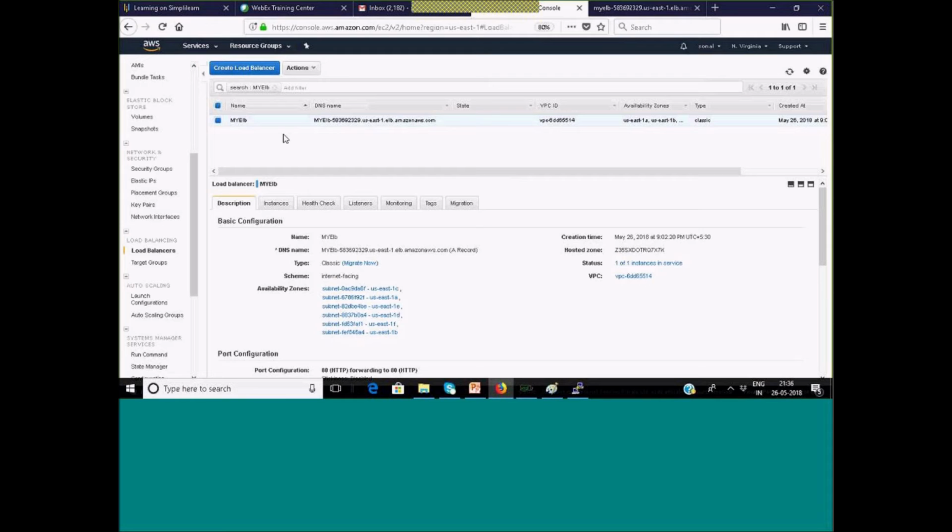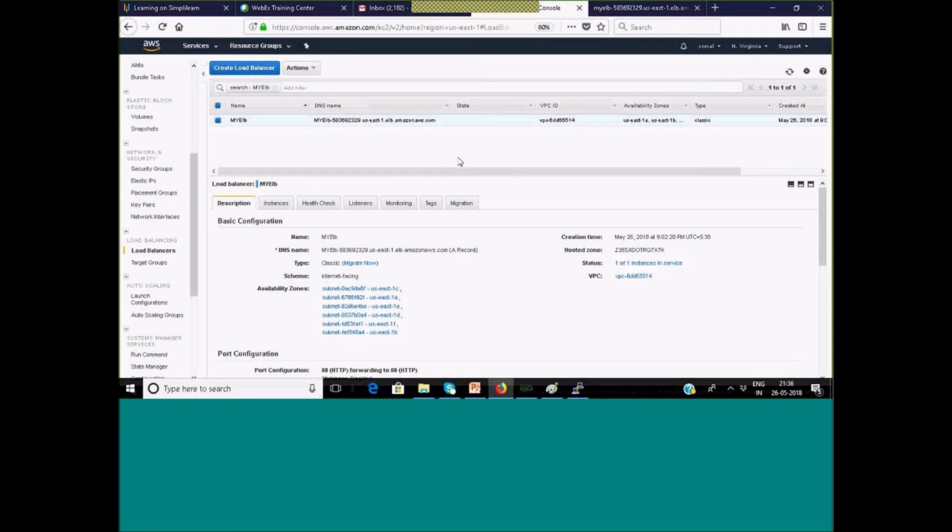Right? So if one ELB fails, automatically the second one will be used and it will still start forwarding the traffic. So even if one availability zone goes down, your ELB will still continue to operate and continue to send the traffic to other server instances. If you want, you can even create multiple ELBs in your environment, but you will have to pay for that. It will be chargeable.